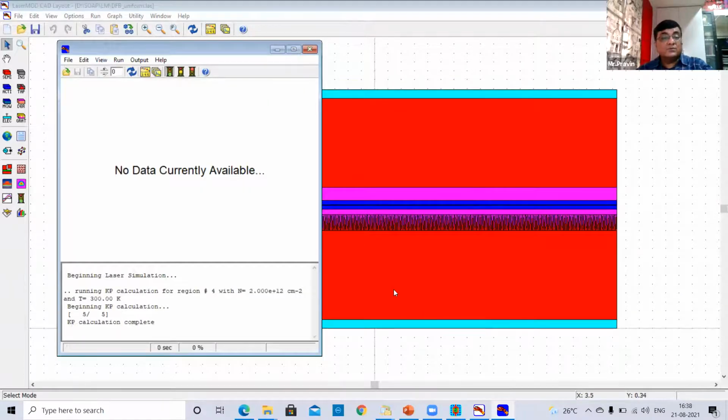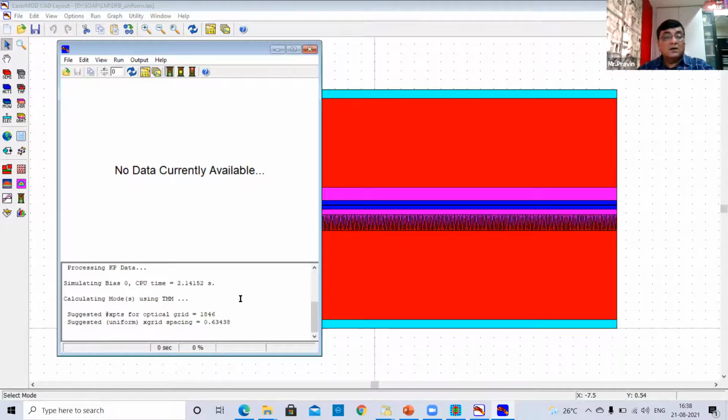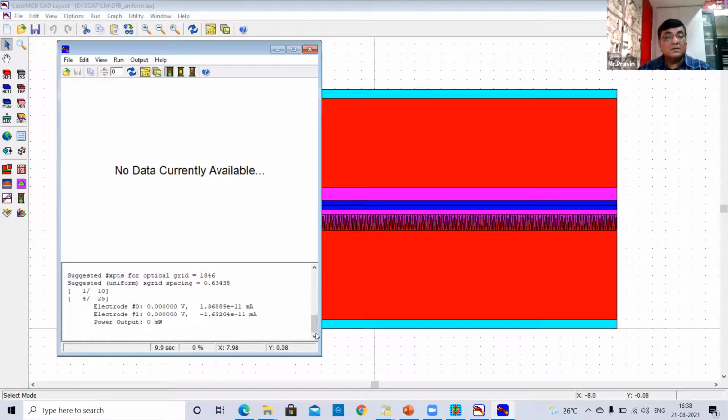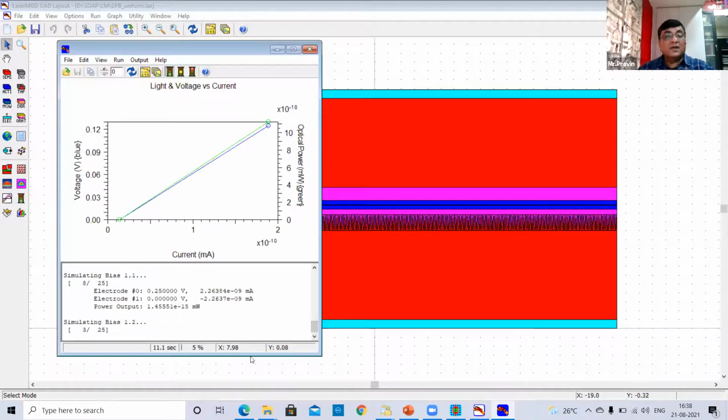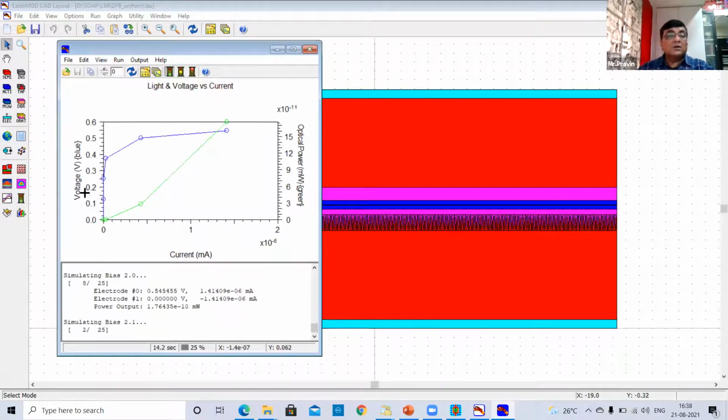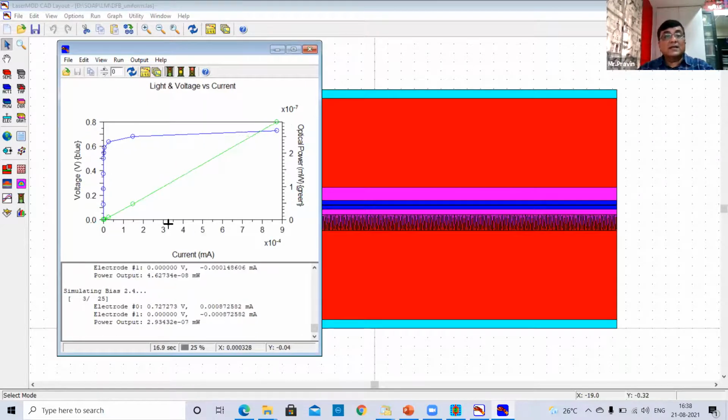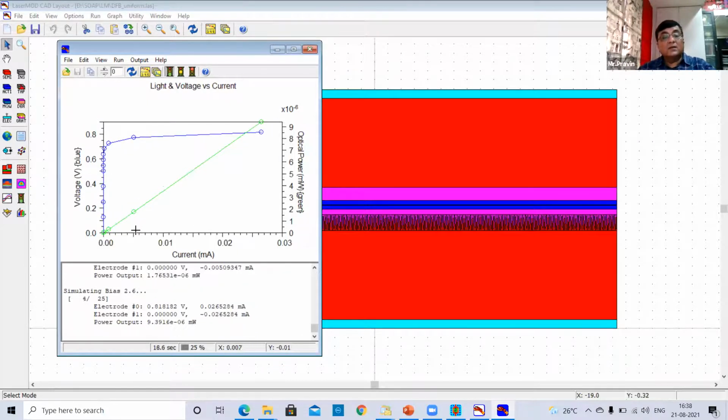So, produce. As you can see, it is now a voltage versus current graph. It is producing.